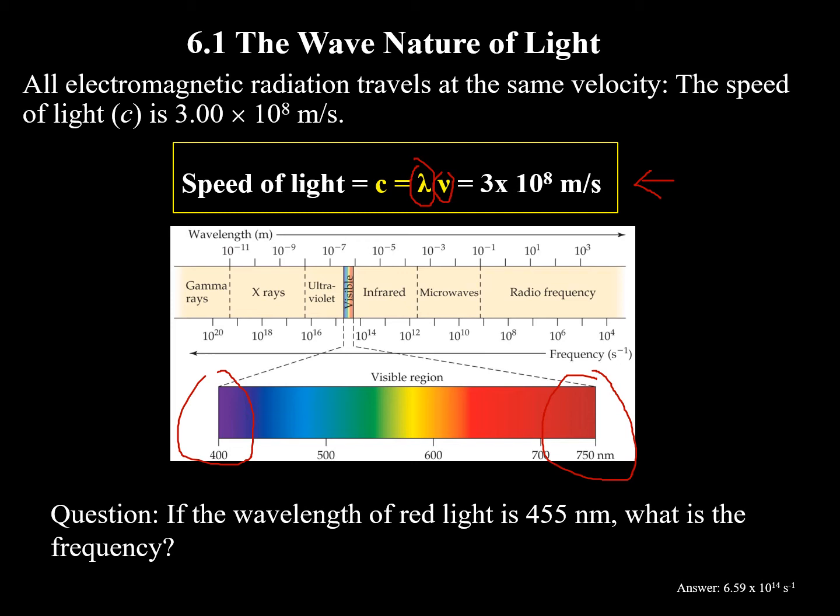Hopefully a straightforward question: if the wavelength of red light is 455 nanometers, what is the frequency? We use c equals lambda times nu. We want to isolate nu, so nu is equal to c over lambda. Lambda is given as 455 nanometers, which we have to convert to meters. On the top, we have our constant, 3 × 10 to the 8th meters per second,